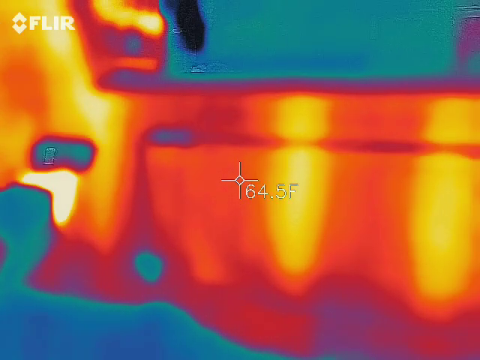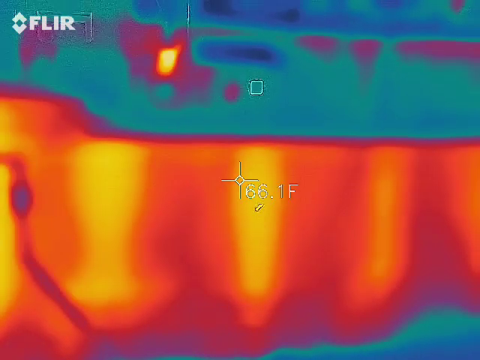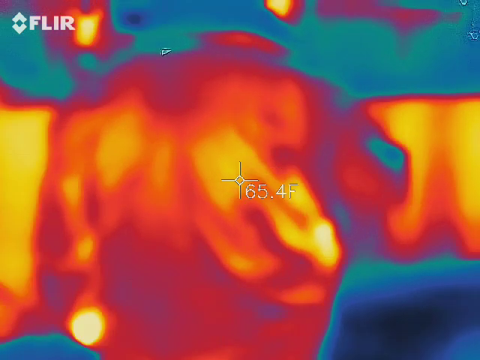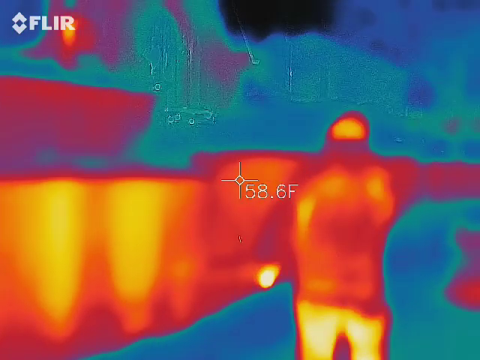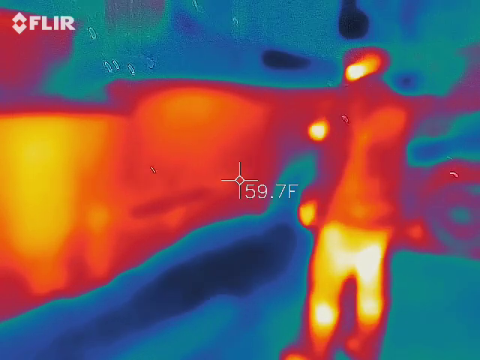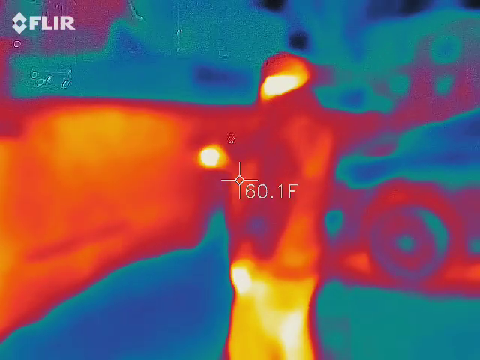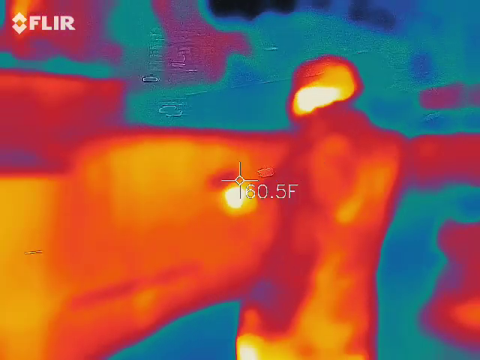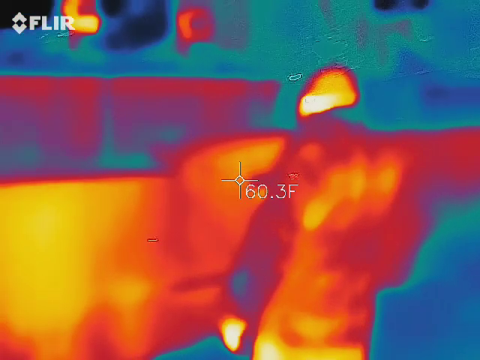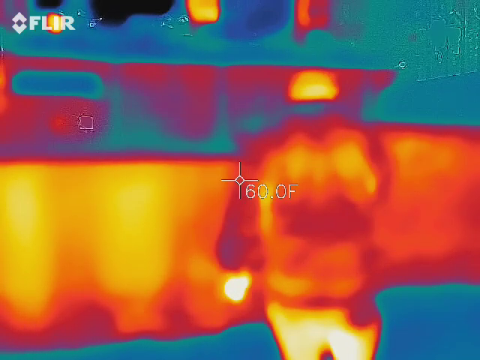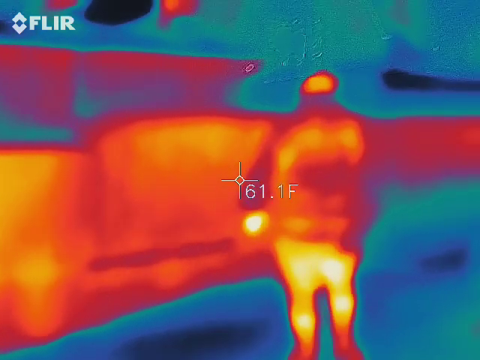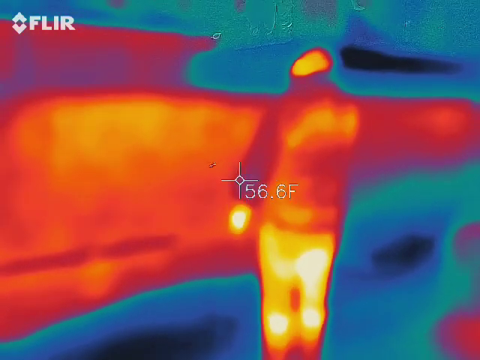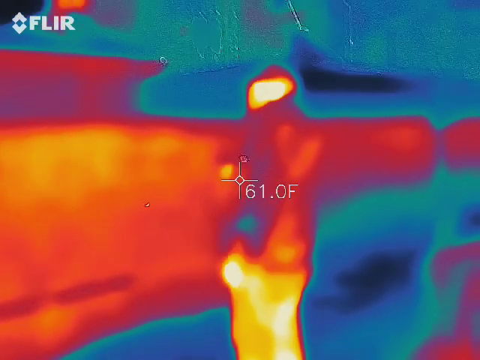60.8. I'm not gonna clear it this time. Don't move too fast. I gotta catch up to you. See, now it dropped down to 58. Right here.